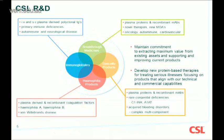In terms of the breakthrough medicines, and again, this is the area which is of great interest to us, it's again about plasma proteins and recombinant antibodies. It's generally now about novel therapies and new mechanisms of action. And the areas in which we work, although they're quite diverse, I guess you could describe them as falling into the oncology space, the autoimmune space and cardiovascular disease. So that's the R&D